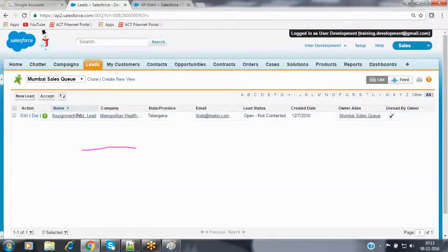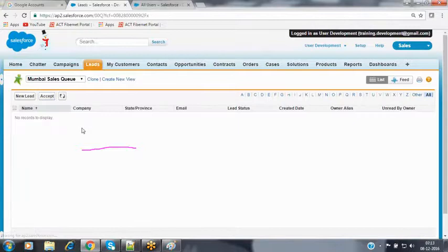Now it is going to show you the lead record which is available inside the queue. Select that record and make it accept here. As of now, this record is on the queue. When you click on accept, the ownership gets transferred from the queue to the associated selected member.